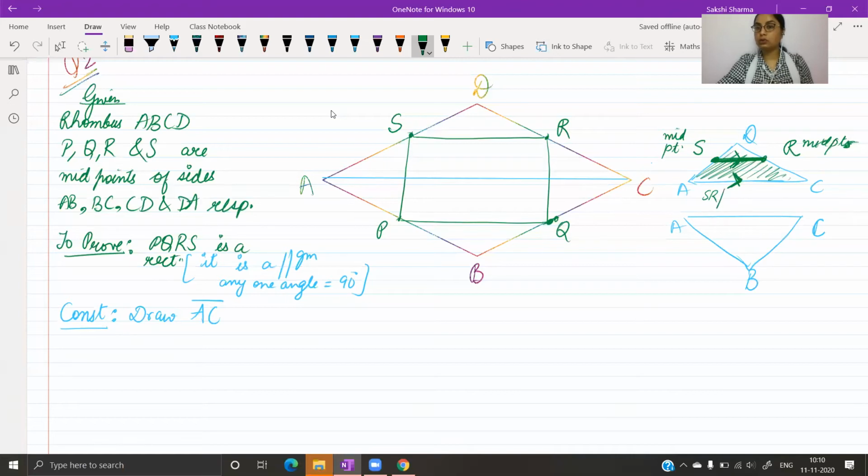So this is the conclusion that you have. SR will be parallel and SR will be equal to half of AC. This is the conclusion. Given ये दो चीजें हैं, midpoints, और ये conclusion है हमारा. सिमिलरली अगर मैं दूसरे ट्राइंगल की बात करती हूं, मेरे पास साइड AB का मिड पॉइंट है P